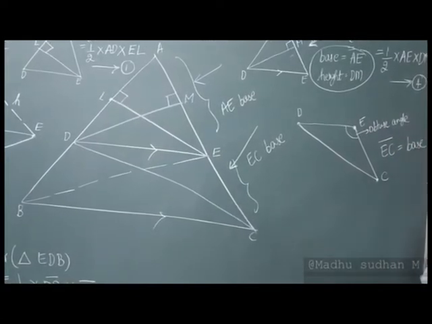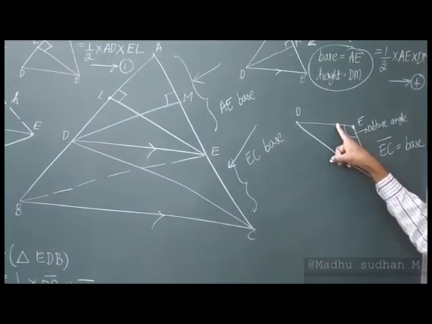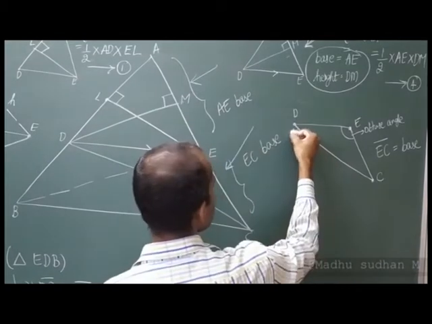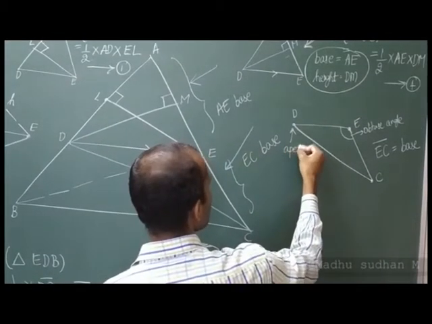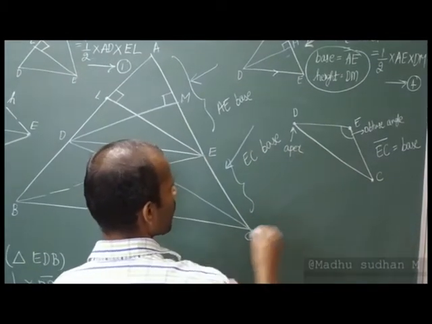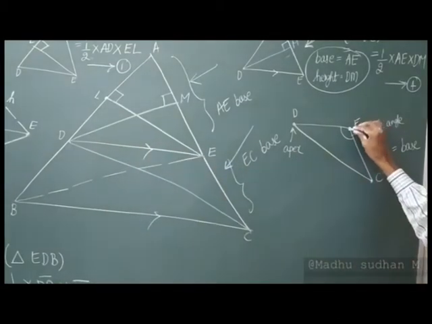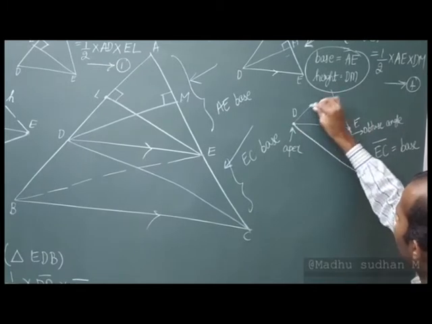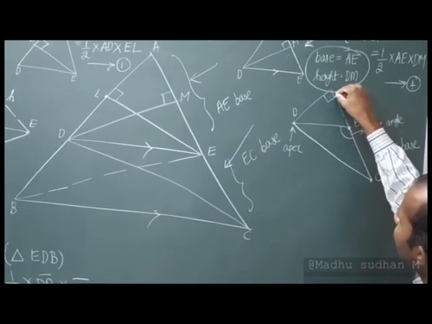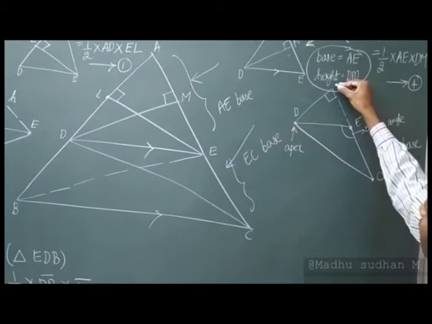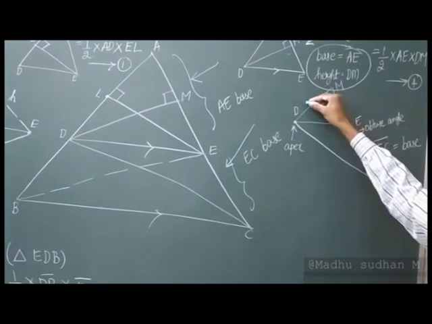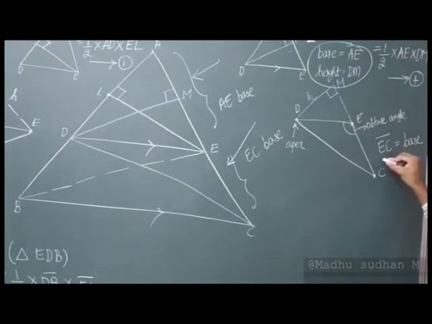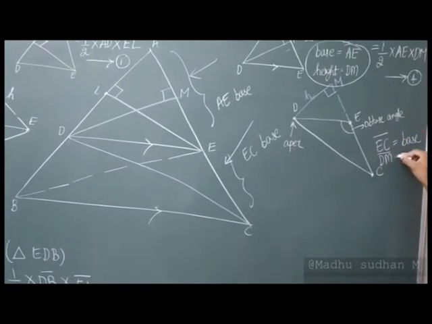So which is the corresponding height now? Which is the highest vertex here? D is the highest apex point, right? So this is my apex here. So now if I drop a perpendicular, I should extend this like this, and drop a perpendicular, and this is your M here. Follow it, children. So this is my height here.